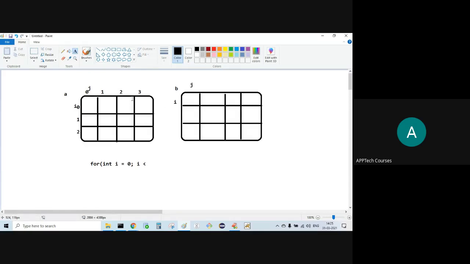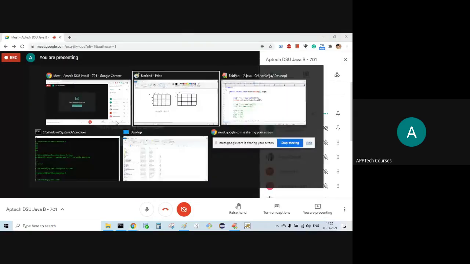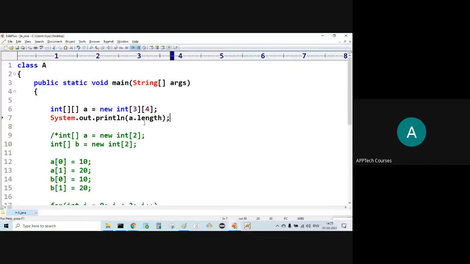Now elements will be how much? Elements will be 12. What size?